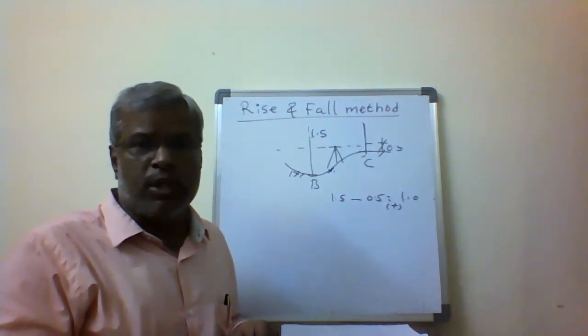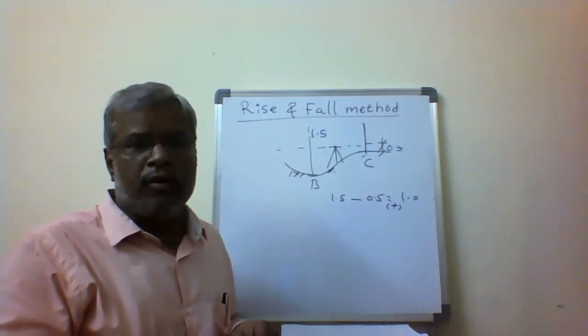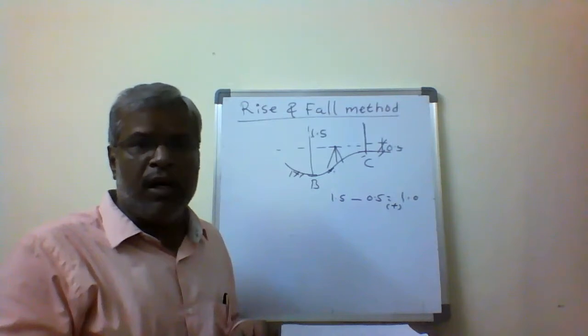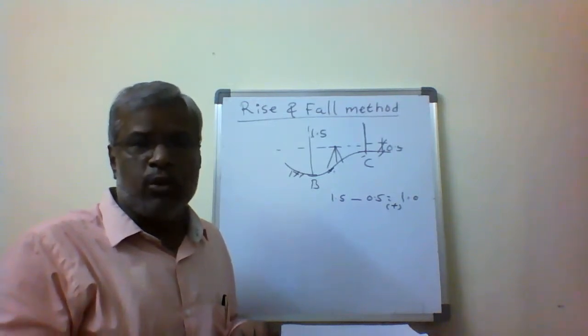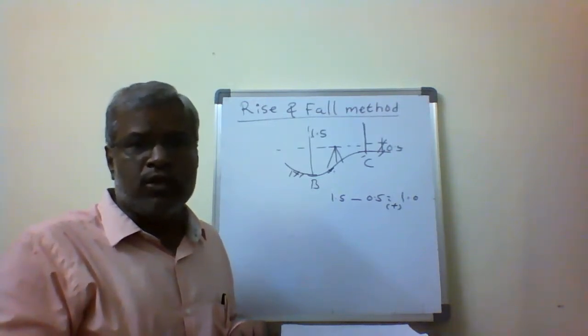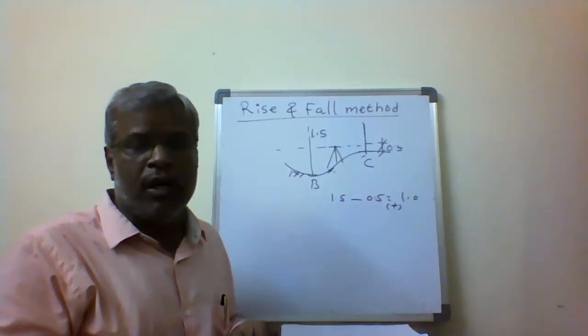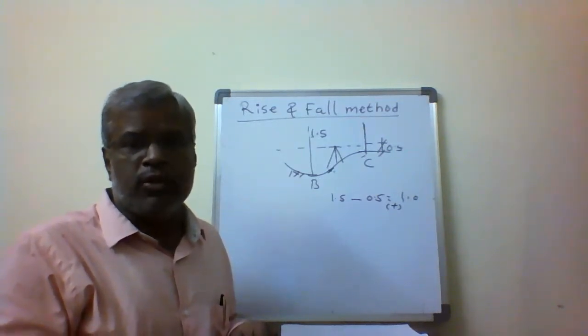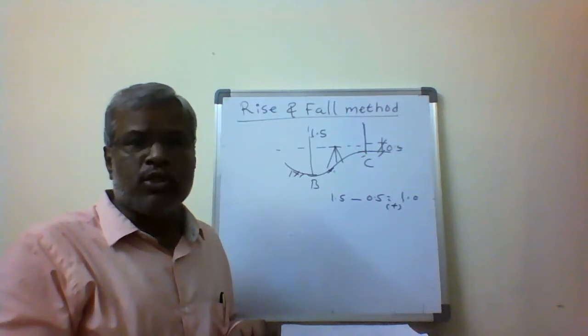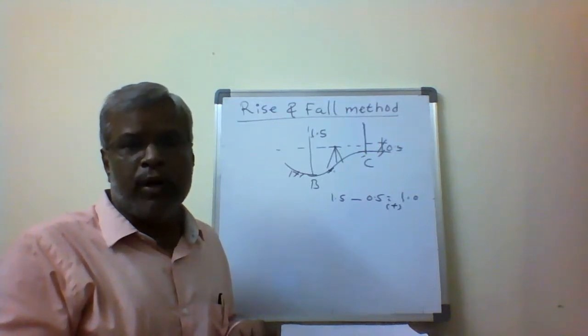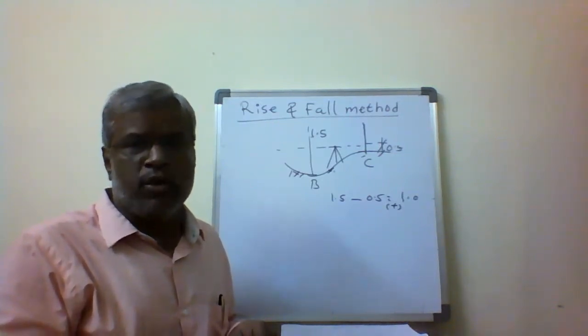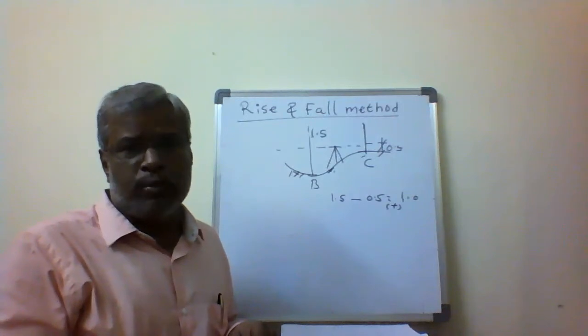So the fall is subtracted from the reduced level, and we get the reduced level, or elevation, of the next point. If it is a rise, the reduced level is calculated by adding it to the known elevation. Like this, the process continues until the end of the points or the end of the distances. So rise is added and fall is subtracted.